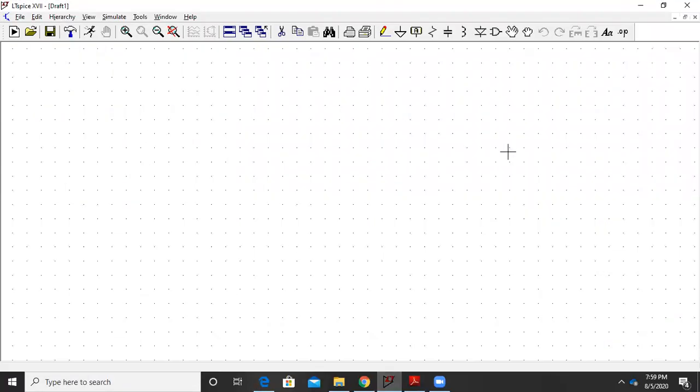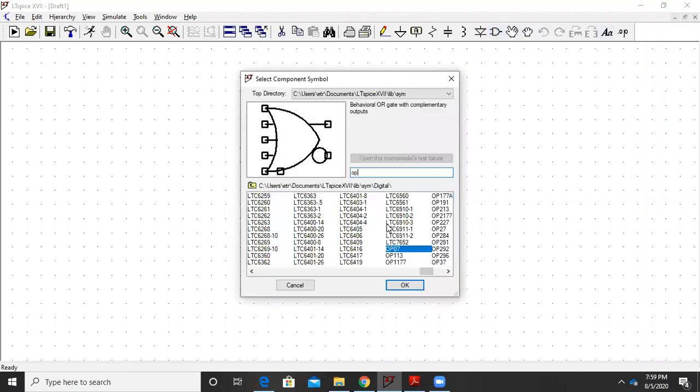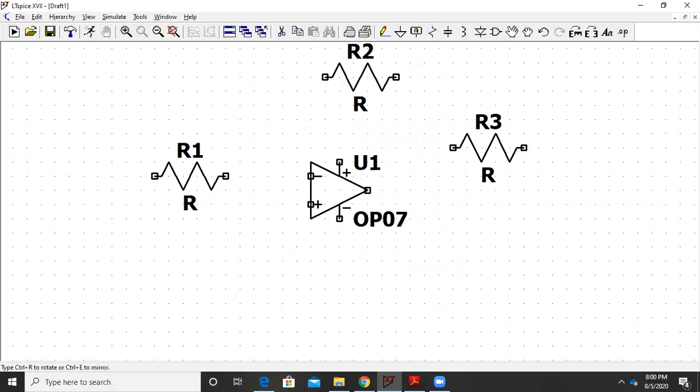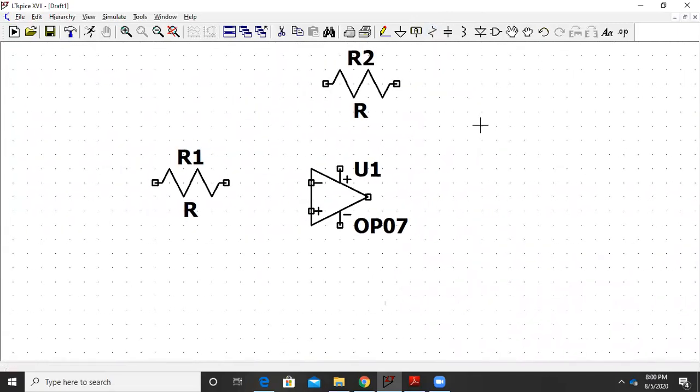Okay, so this is my LT Spice window. I will select OP07 and I place it onto the screen. Next I want the resistors, so I'll place them also. This is my R1 and R2. And I want a voltage source.